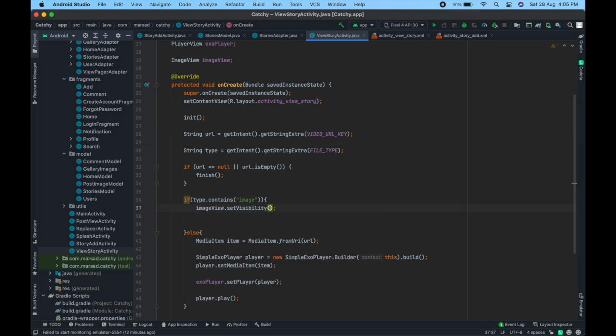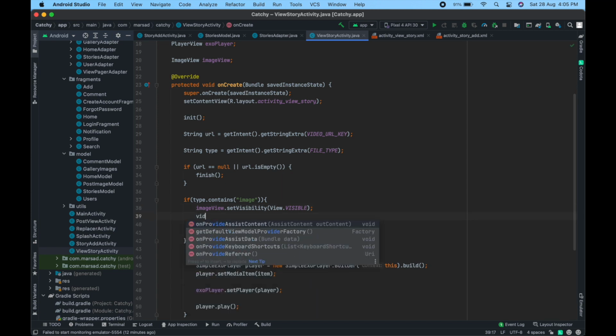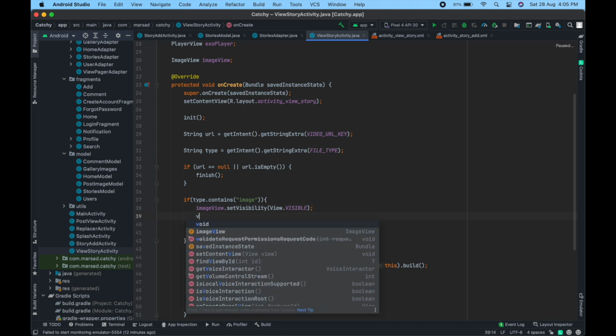Here image view dot set visibility visible and video view